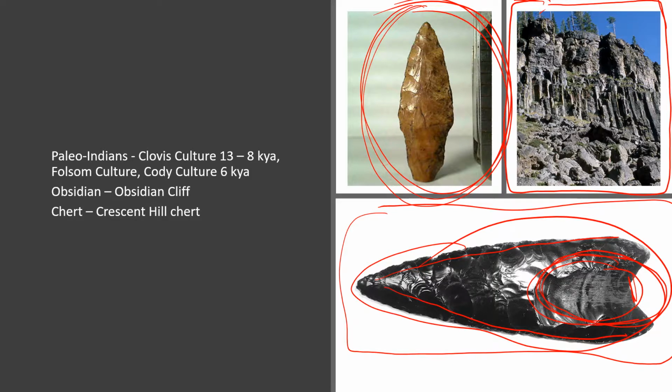But obsidian cliffs in Yellowstone, one of the weird things about obsidian cliffs is that the location from where the obsidian was harvested can be determined by analyzing the molecular structure of the obsidian. And obsidian from obsidian cliffs has been found throughout North America, which means that Paleo-Indians engaged in trade for these high quality obsidian raw materials for making arrowheads and spear points,